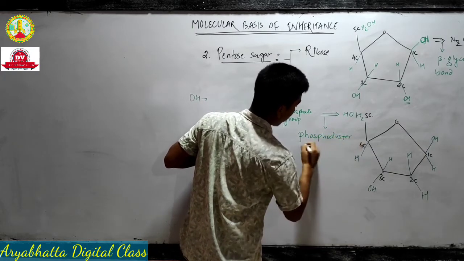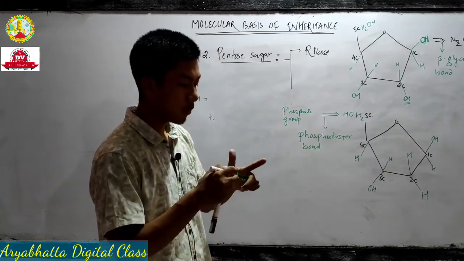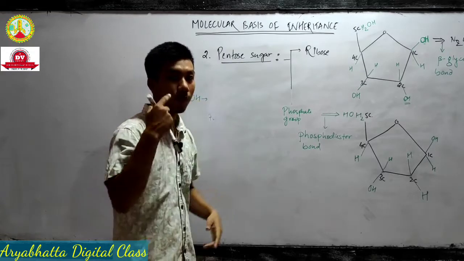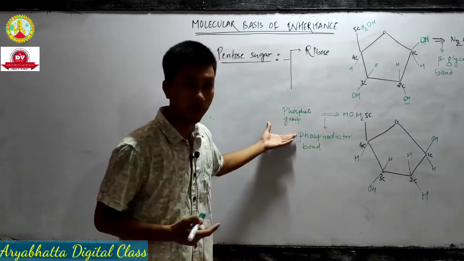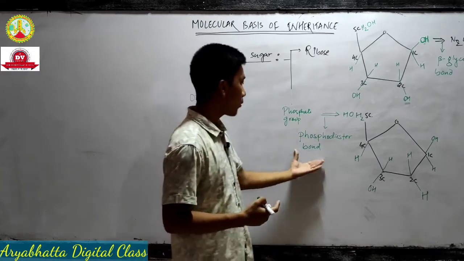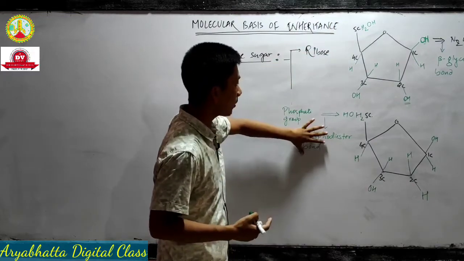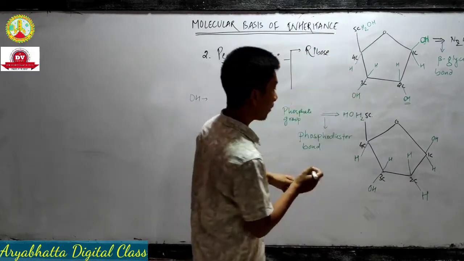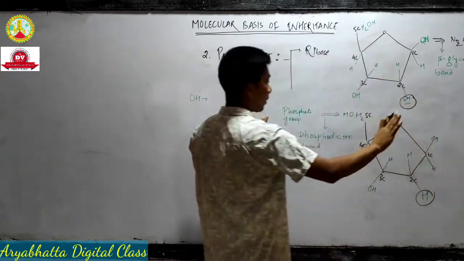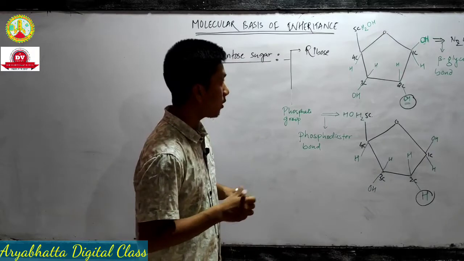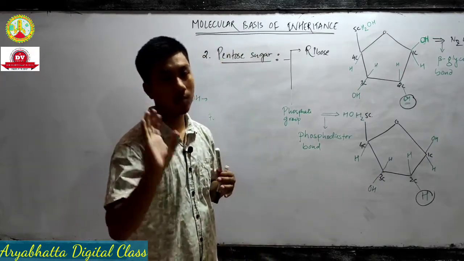ठीक है, आई होप इट इज विजिबल। फॉस्फोडाइस्टर बॉन्ड बोलते हैं। व्हाट इज फॉस्फोडाइस्टर बॉन्ड? द बॉन्ड विच इज फॉर्म बिटवीन द 5 कार्बन ऑफ पेंटोस शुगर एंड द फॉस्फेट ग्रुप, द बॉन्ड इज नोन एज फॉस्फोडाइस्टर बॉन्ड, ठीक है। इसमें भी सेम ही रहेंगे। यहाँ मैं ड्रॉ नहीं कर रहा हूँ, सेम रहेंगे। द ओनली डिफरेंसेस वी फाइंड इन केस ऑफ राइबोस एंड डिऑक्सीराइबोस इज हियर। ओवरऑल द स्ट्रक्चर इज सेम, ओके। तो ग्लाइकोसाइडिक बॉन्ड क्या है, फॉस्फोडाइस्टर बॉन्ड क्या है, दैट्स यू नीड टू रिमेंबर।